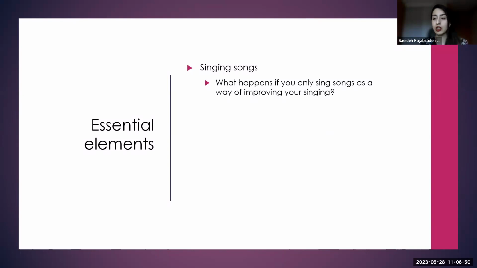Now, if we just sing a song that we kind of like, I would say that that process might be a little bit mindless. It's not a very mindful process, right? We might just sing along to a song. It's not an active process of planning, rehearsing, thinking about things. So there is a possibility of actually nothing improving. And that's often what happens.